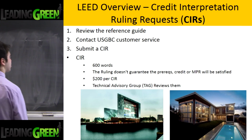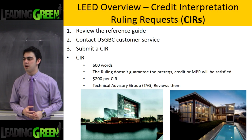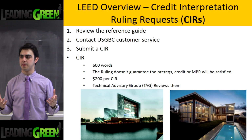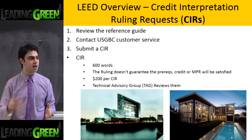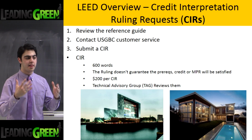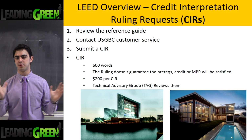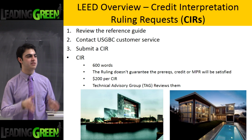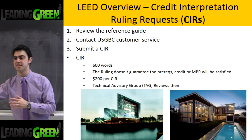Something called Credit Interpretation Ruling Requests, CIRs. All these are is when I don't know something in LEED, what do I do? First, I'm going to look at the reference guide, that LEED Bible, read it through, see if it can answer me. Then I'm going to contact USGBC customer service, wait on hold, hang up angrily. Then I'm going to submit something called a CIR, and all this is a formal question. $200 per question, 600-word maximum, and essentially it says, if I do this, will I achieve this credit? And my project is unique because of...